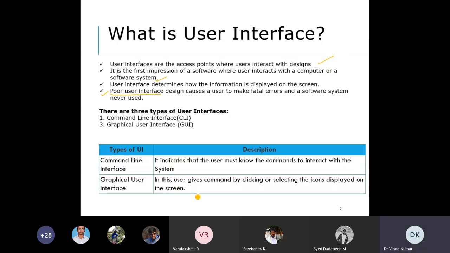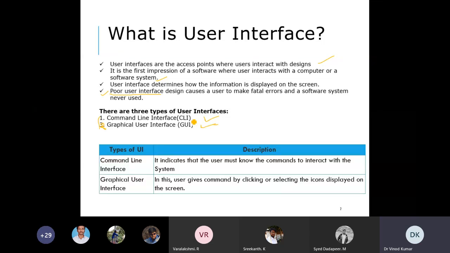Basically, if you see here, the user interface falls, sorry, this must be 2, the user interface falls in 2 categories generally. You can also categorize as per your convenience, but here for simplicity, we will study in 2 categories.